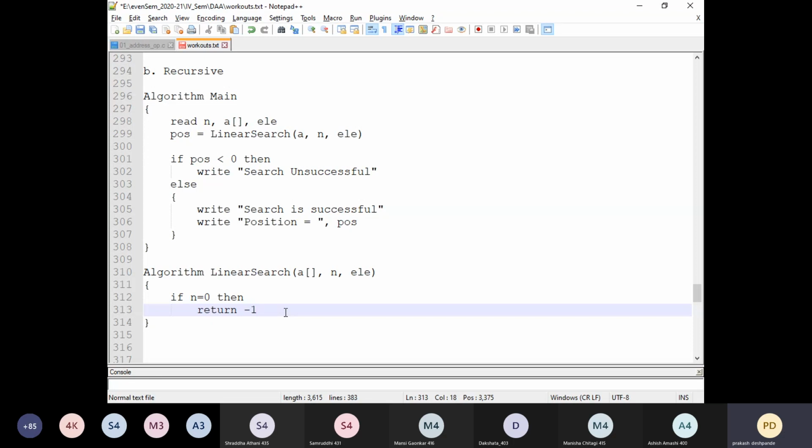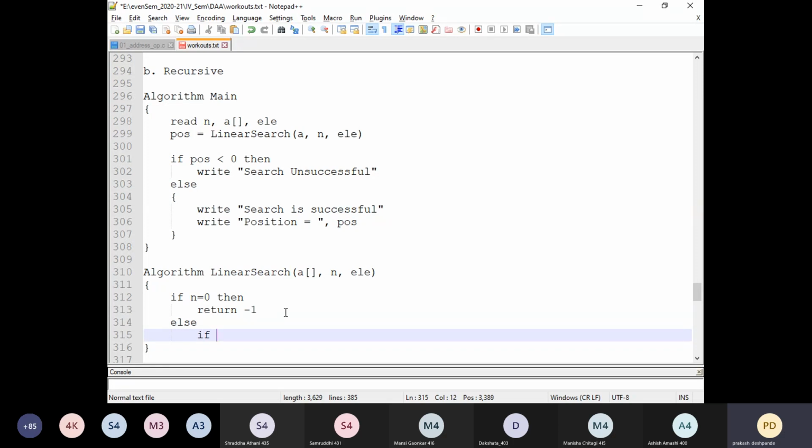If not, suppose there are certain elements in the array. It could be one element or more than one element. So we need to go for a recursive search. Here we will have an else clause. In the else clause, let us have one more if condition.